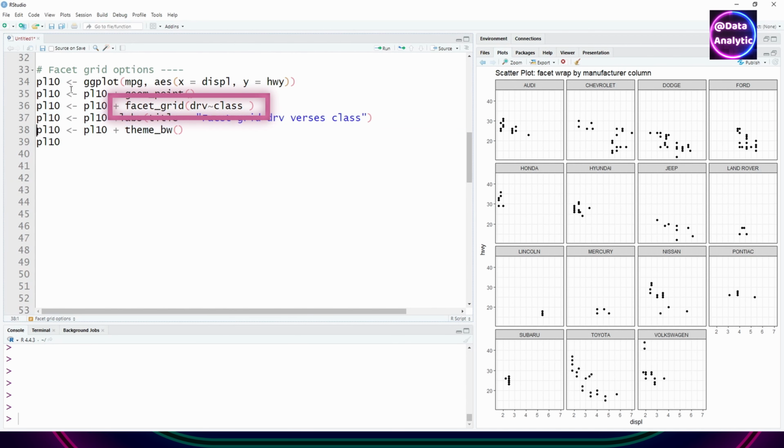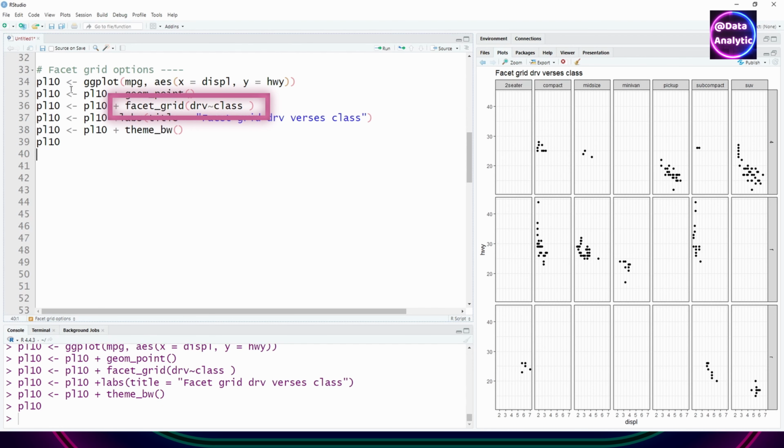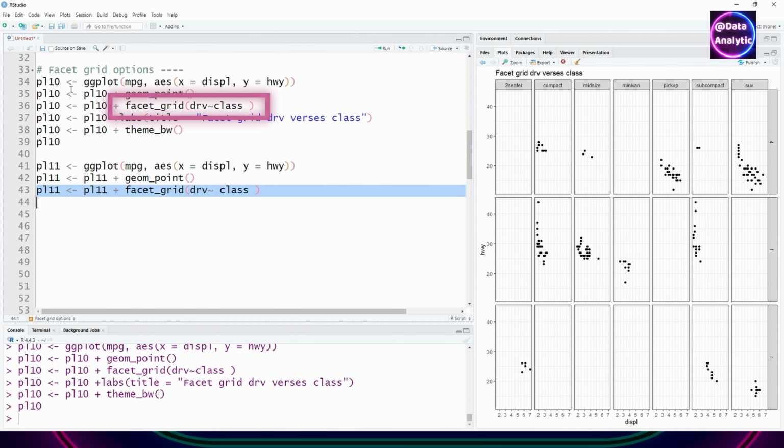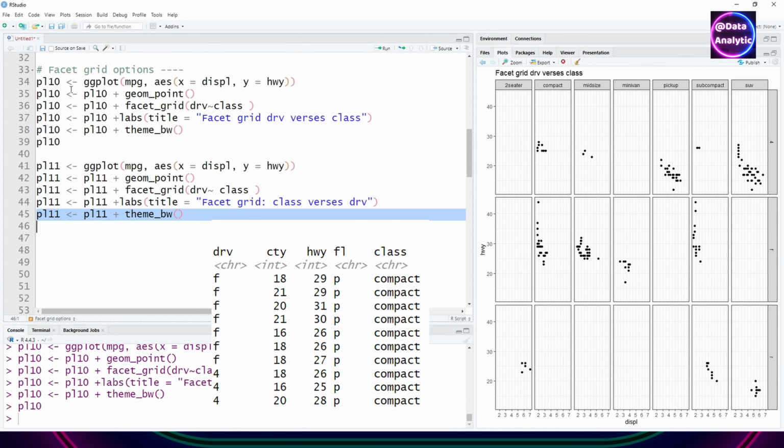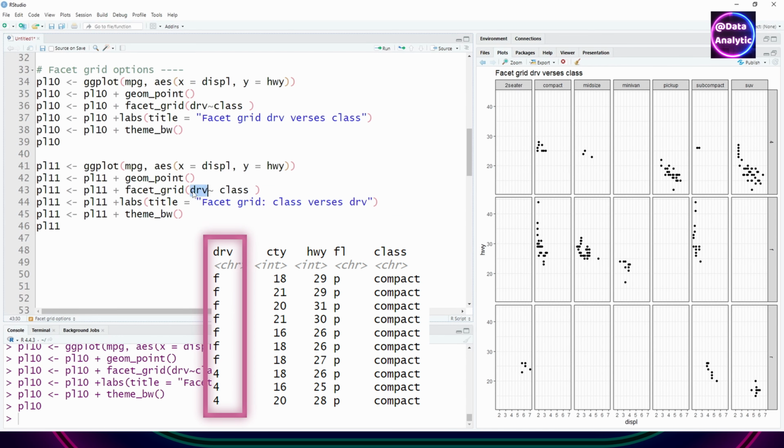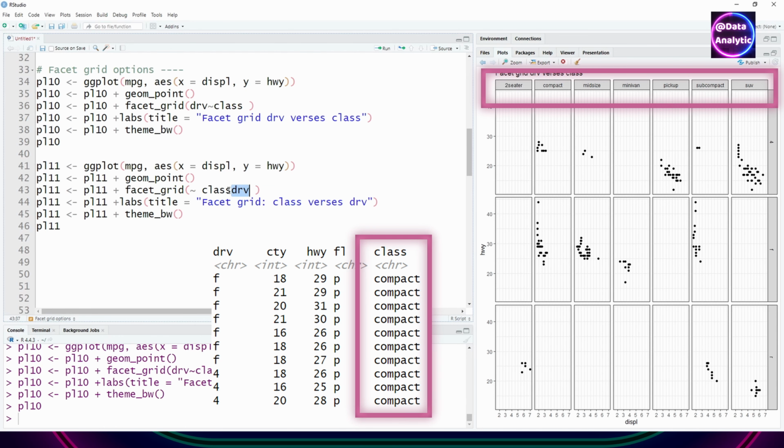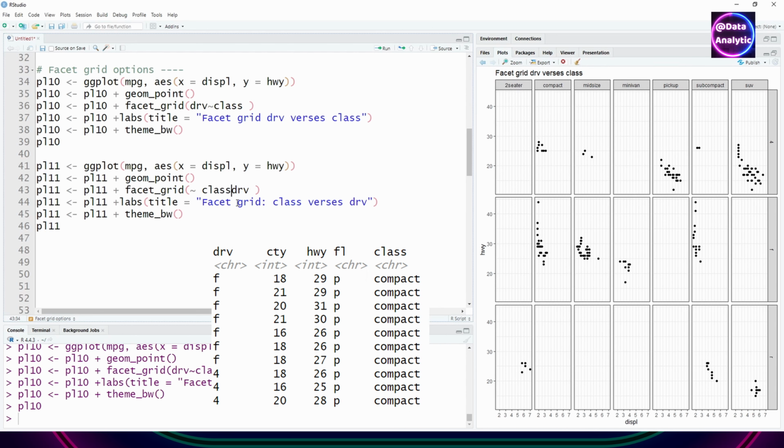So I'm saying facet grid, drive versus class. So it has shown the data or the output in a grid fashion, drive on one axis, all the classes on the other side. And we can switch it. So instead of using drive first, I'm going to use class first